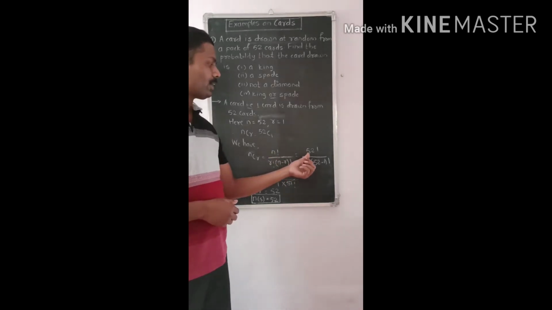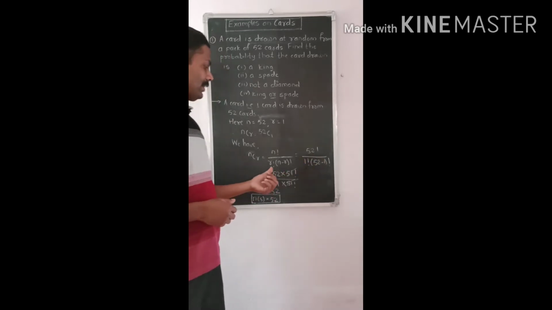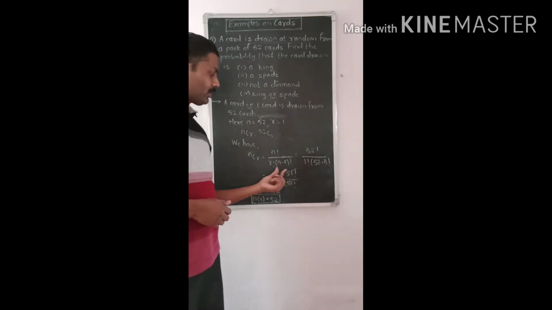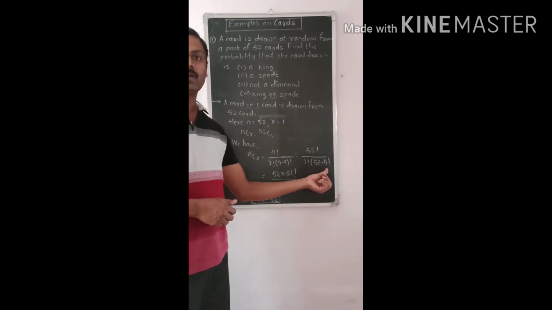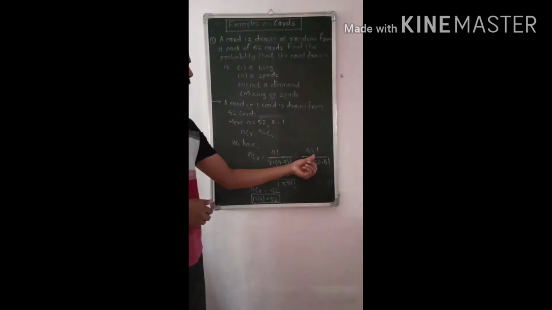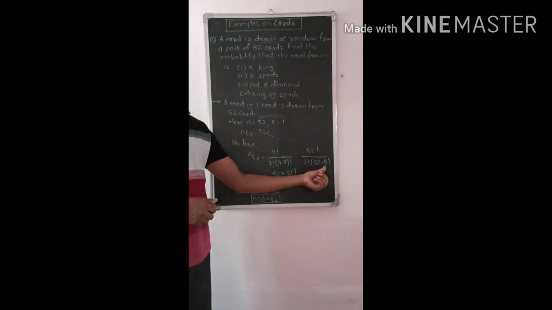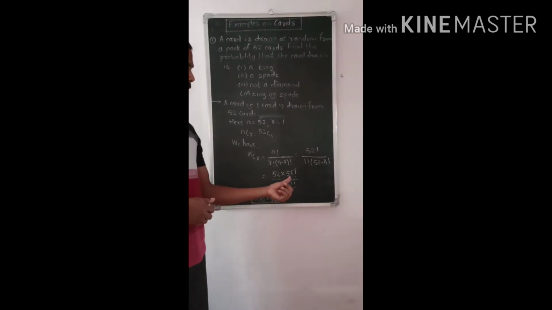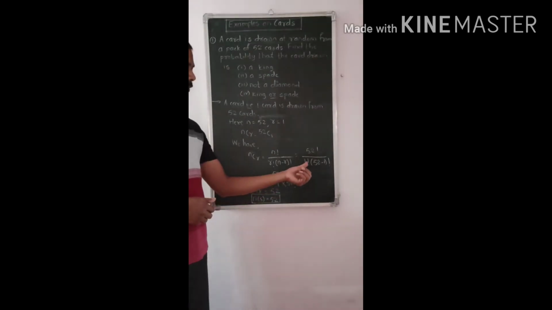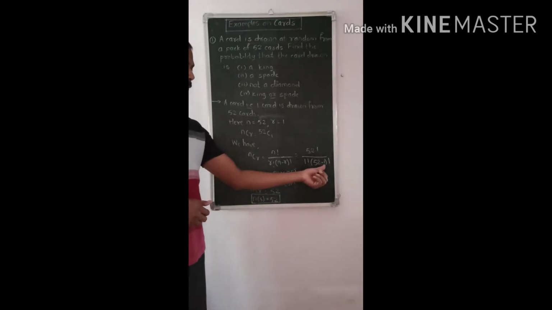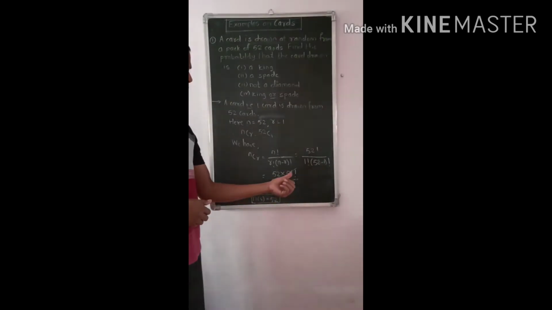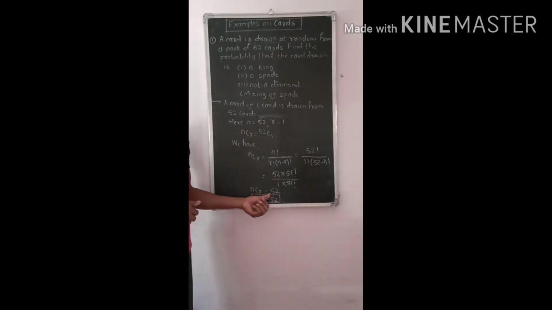So n is 52 here, so here is 52 factorial divided by r is 1 here, so 1 factorial into n minus r, means 52 minus 1 factorial. So 52 factorial remains as it is, 1 factorial, and 52 minus 1 here will be 51 factorial. So take the multiplication of 52 up to 51 factorial. So here it will be 52 into 51 factorial divided by 1 factorial, which is 1, and 52 minus 1 is 51 factorial. So 51 factorial cancels out here. So only 52 is remaining here.